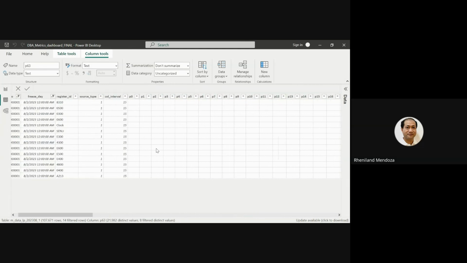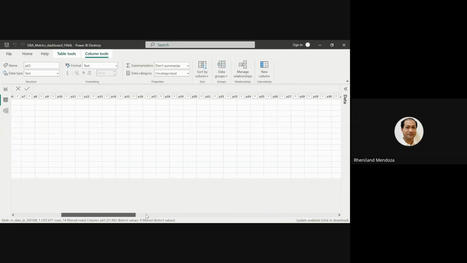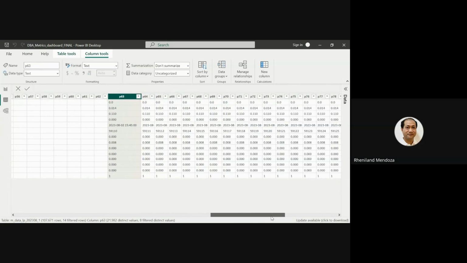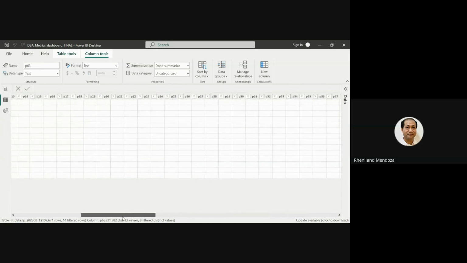So this is a candidate for cleanup. You can either delete them or impute them, replacing them with values based on certain criteria that I mentioned in a previous session. The other values are typically, I believe, readings.